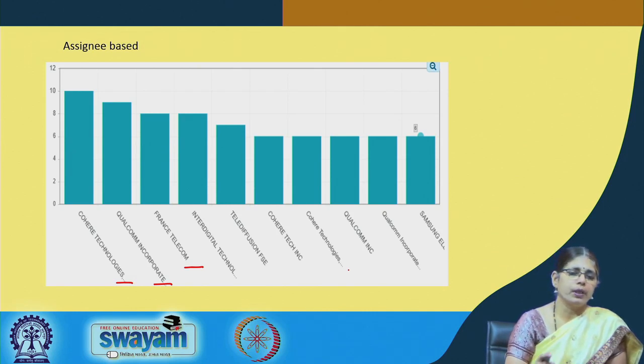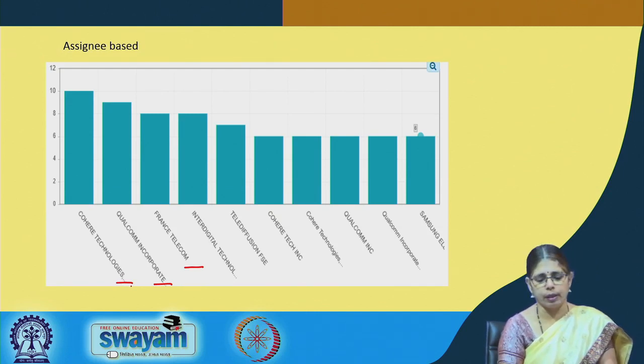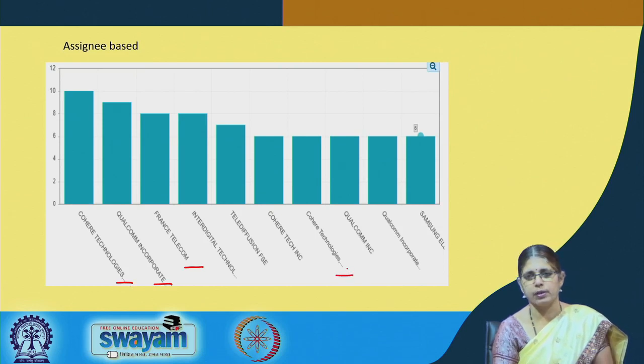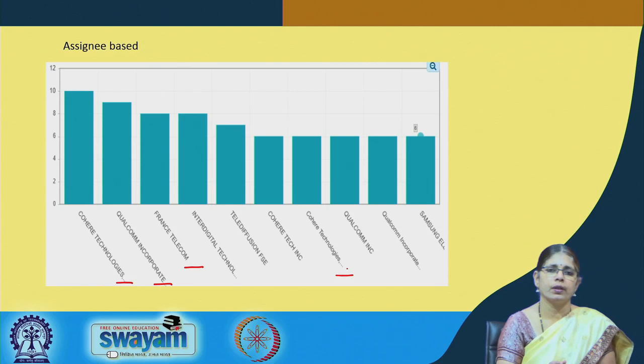What happens is, many a time the way the assignee name is written on the application is not consistent, or rather it is not uniform, because of which, when you look at Coherent Technologies written in capital letters, whereas Coherent Technologies in small letters is thrown up as two different hits.